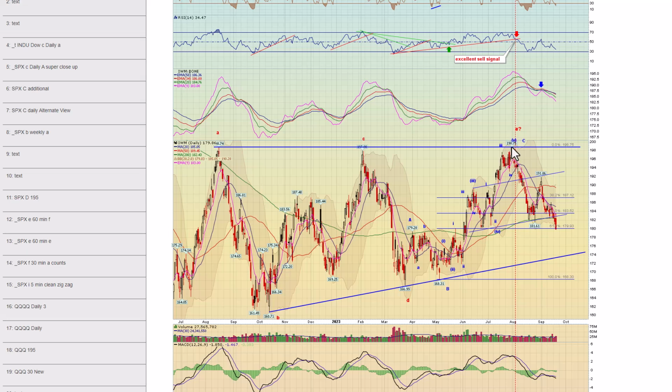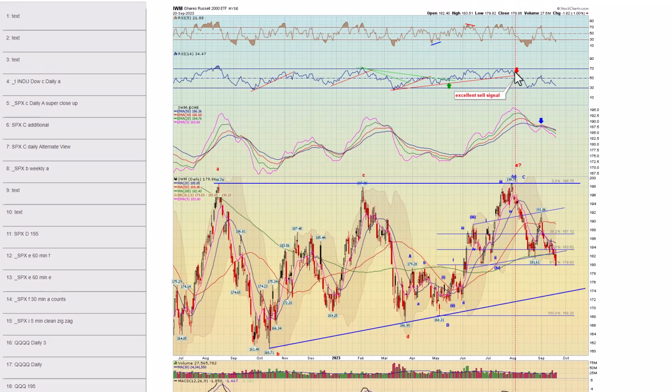Great short opportunity you had back in July when it had 5 ways up and tested that resistance. Just perfect. And you also had a nice sell signal on the RSI trend line break there. Just everything lined up. You had your sell off, then you had your first rally, lower high. What was your evidence to short that?